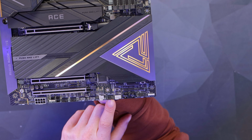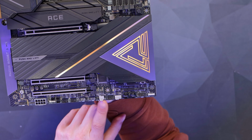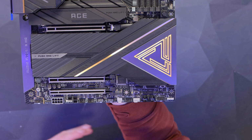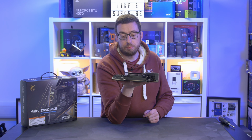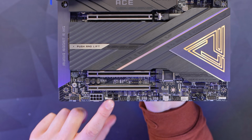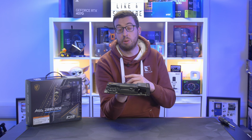We've then got another 2 4-pin headers for fans. And there's also a 3-pin which is going to be for a water pump. We then have 2 USB 2 headers, so great for everything like RGB hubs or controllers. So that's a total of 8 4-pin headers on this board. We've then got the Pro points, and there's also an additional 3-pin RGB connector. You have got 3 on the board, but you can use the breakout cable for a total of 4 3-pins